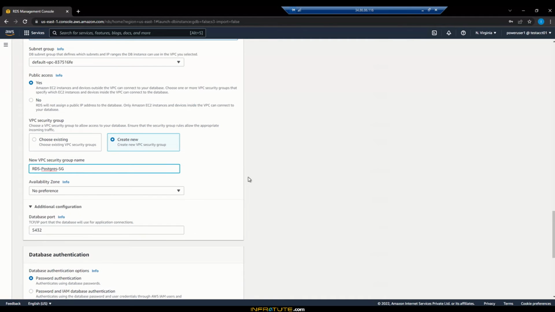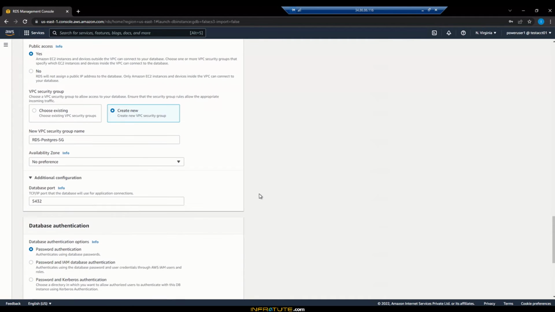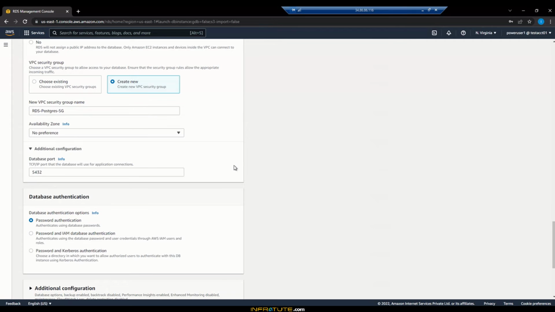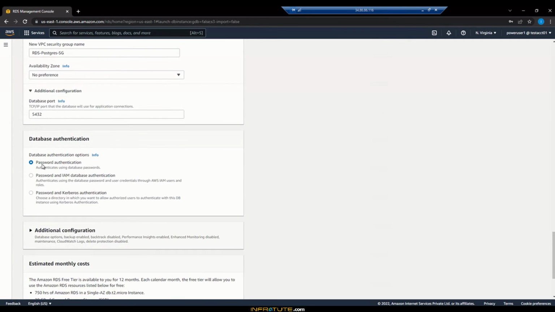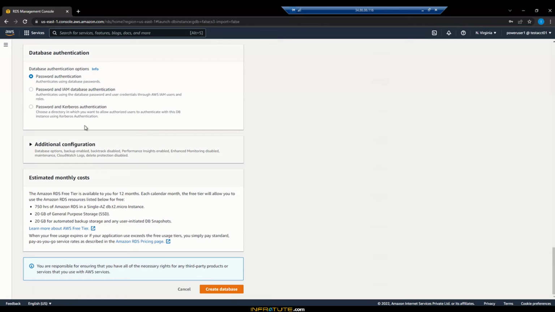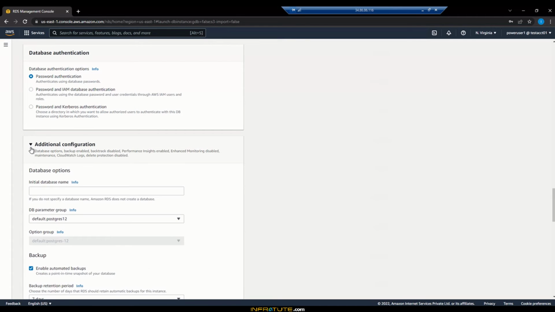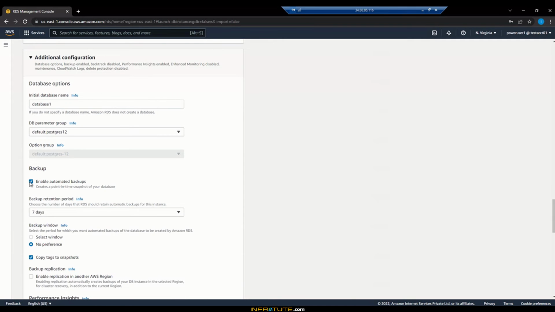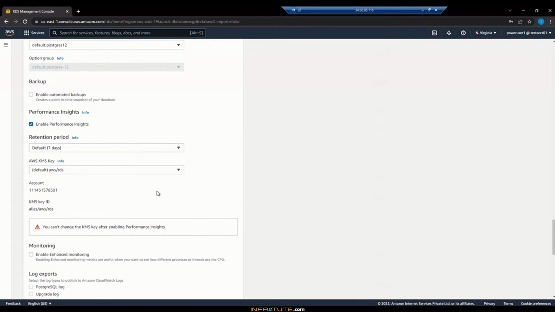And availability zone, I don't want to select anything there. I leave it as the default with no preference. I'll go with the password authentication method. And as for the additional configuration, I have to give the database name, so I'll call this database1. All right. Parameter group and option group, as usual, I leave. Here I'll disable the automated backups. I will disable performance insights, and